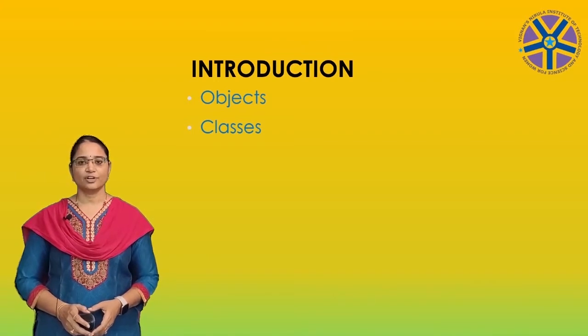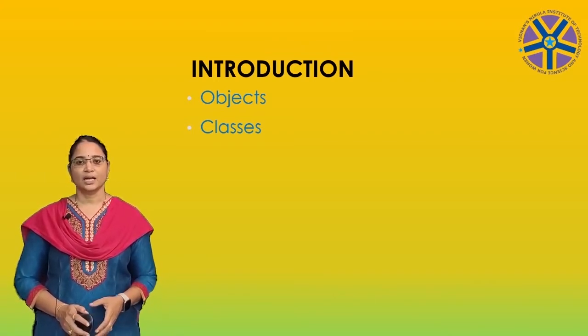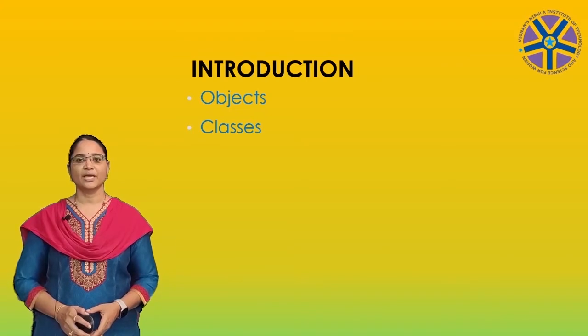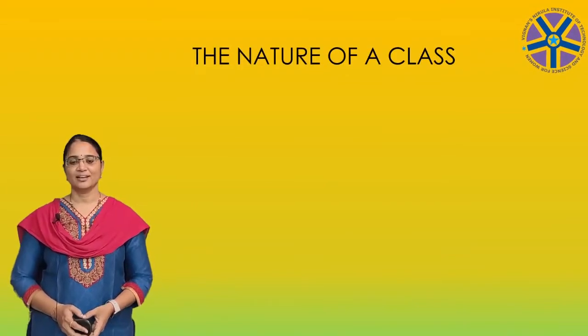A class is a kind of type, an abstract data type, or an entity. Classes are the same in both analysis and design. A class defines the possible behaviors and the information structure of all its object instances. This is a brief introduction to classes and objects, which we have discussed right now. Next topic, nature of a class.